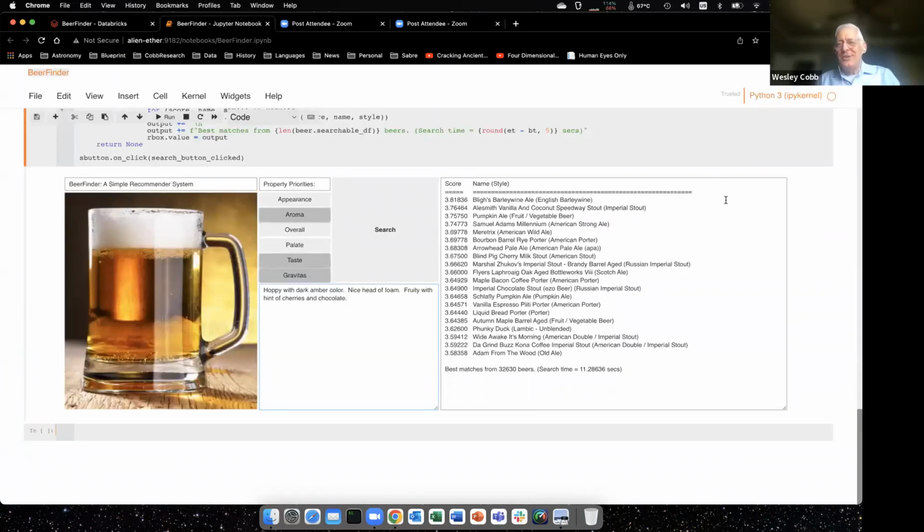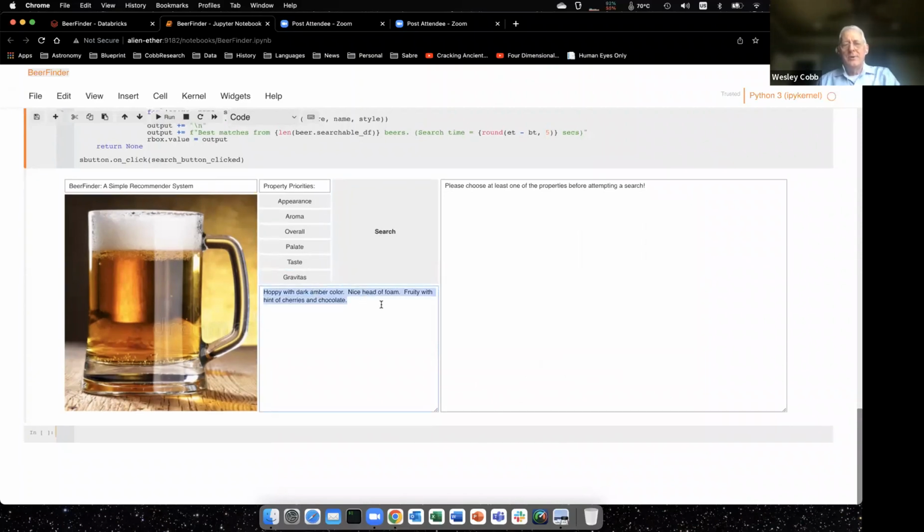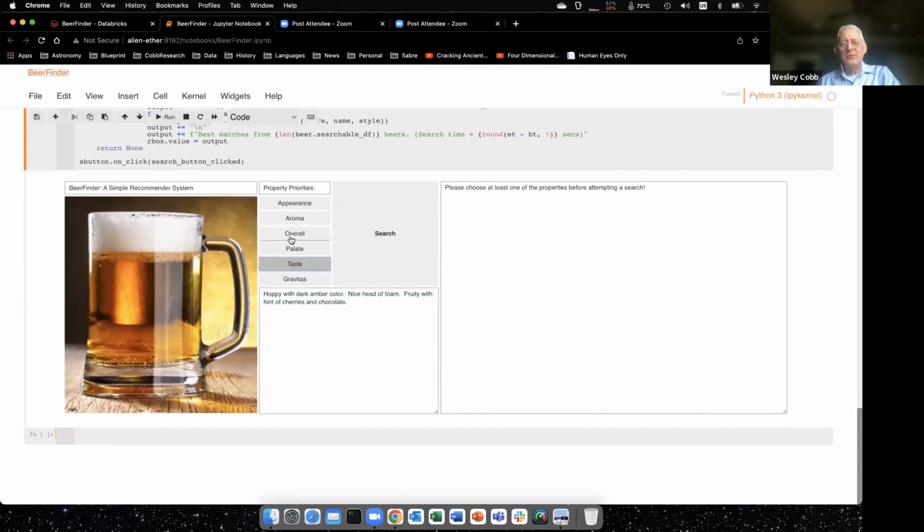And it's nothing fancy. It's just a little simple gadget, but you can basically go through here and I'll show you what it looks like. If you try to run it without giving it information, it tells you, no, that's bad. All right, so let's give it, well, this is what I had typed in before. So, I mean, if we do taste and aroma, and so I'm saying I care about taste and aroma, but